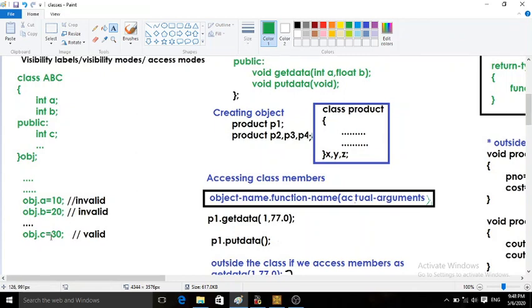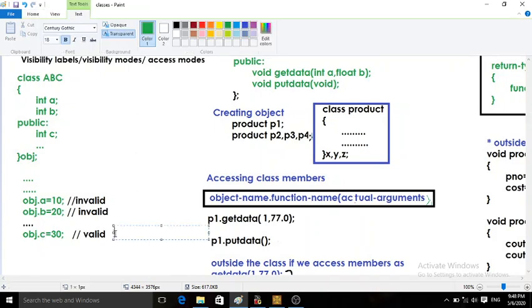obj.c = 30. C is again a data member. I am going to access this data member by using my object name obj. So obj.c = 30, but this time this is valid because C is public, so it is accessible from outside the class.